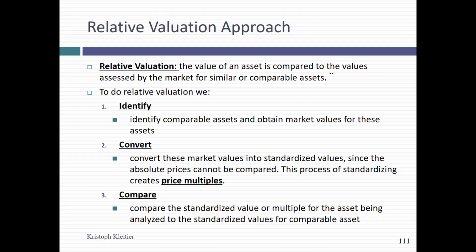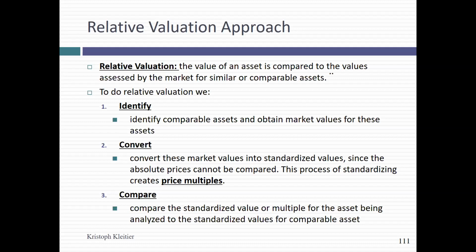The second step is to convert. You're going to convert these market values into standardized values, because absolute prices cannot be compared. This process of standardizing creates price multiples. So for instance, let's say other houses around you are twice as large. In that instance,